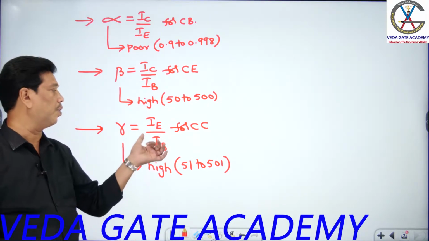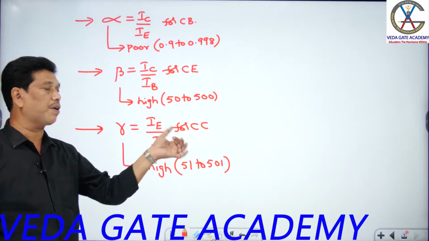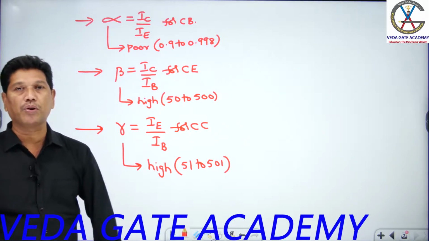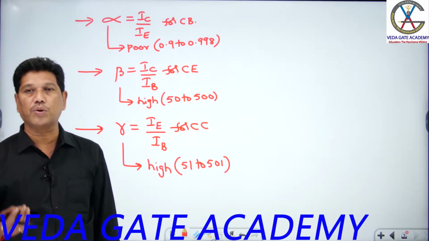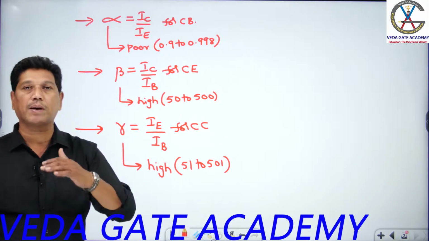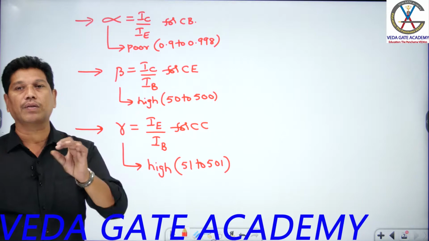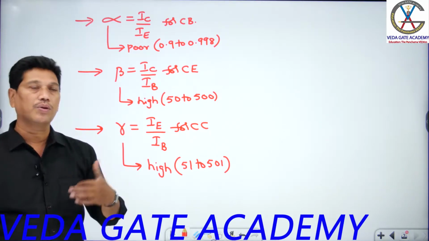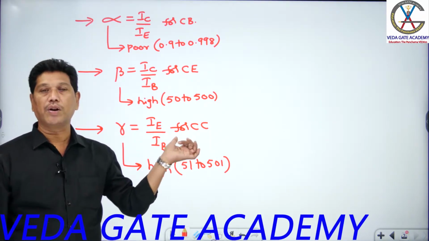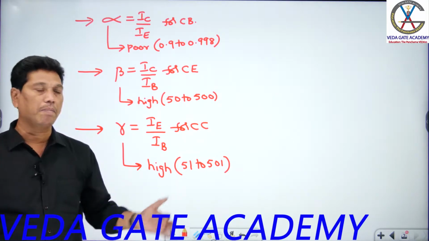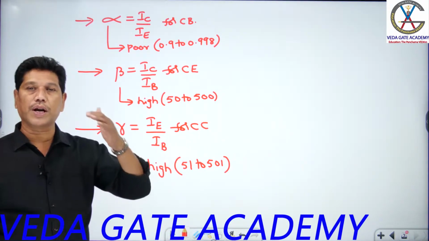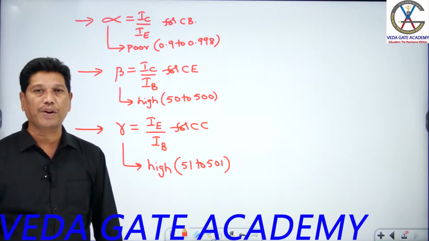But you learned that as compared to CE, the CC transistor has some feedback problems, you know. So due to the feedback effect, the input signal can get suppressed. So even though it has a good current gain, it has a poor voltage gain. That voltage gain is close to 1, you know. So originally it does not act as a voltage amplifier, but because the voltage gain is close to 1, it can be used as a voltage buffer, you know.